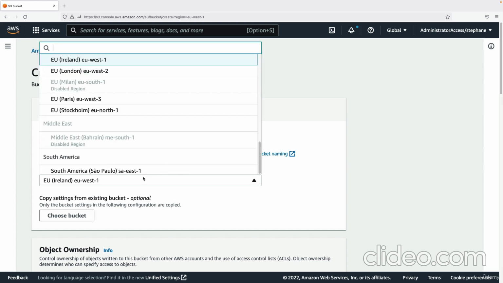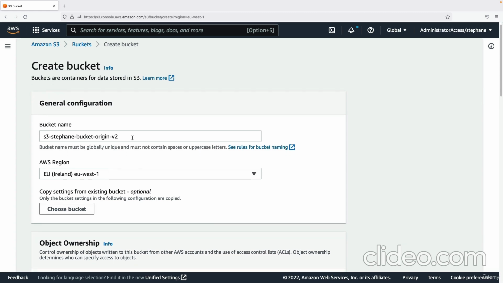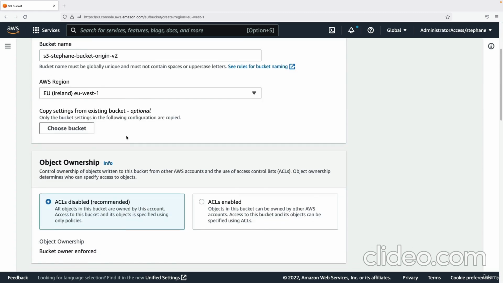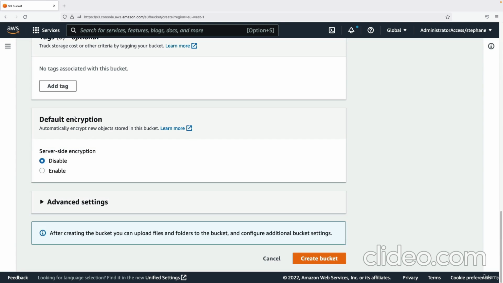And I will set it in one region that I want, for example, EU West 1. This will be my origin bucket, and then data will be replicated from this bucket to another bucket. So the thing I need to do, of course, is to enable versioning, because replication only works if versioning is enabled. So I will create this bucket,